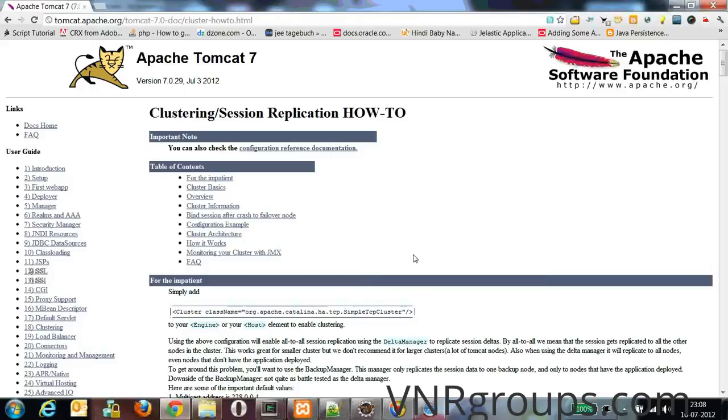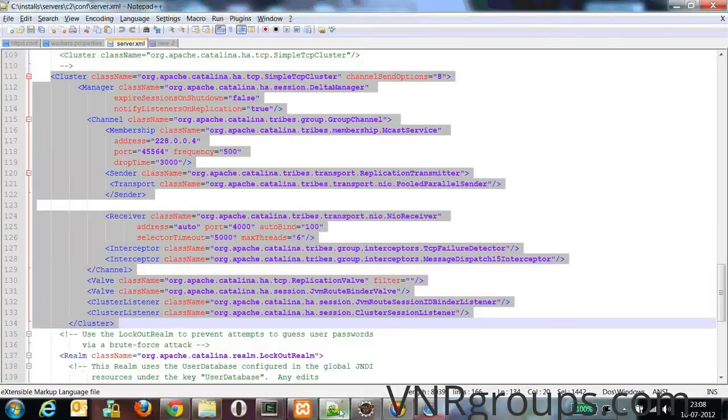I have already configured my existing Tomcat instances with the cluster configuration. I'll show you what configurations we need so that our Tomcat server will be part of a cluster.